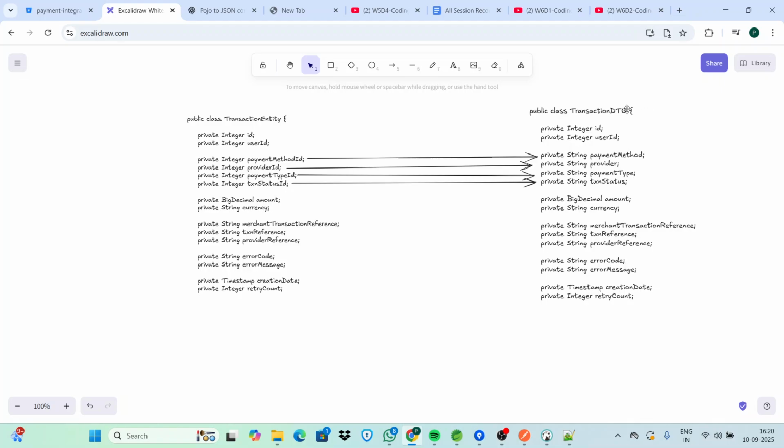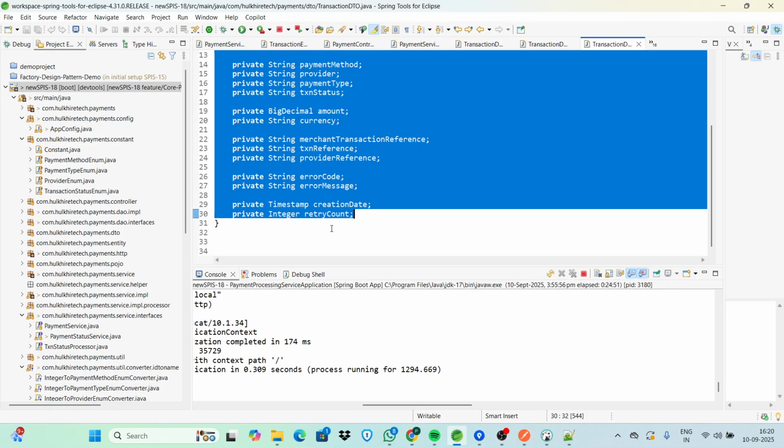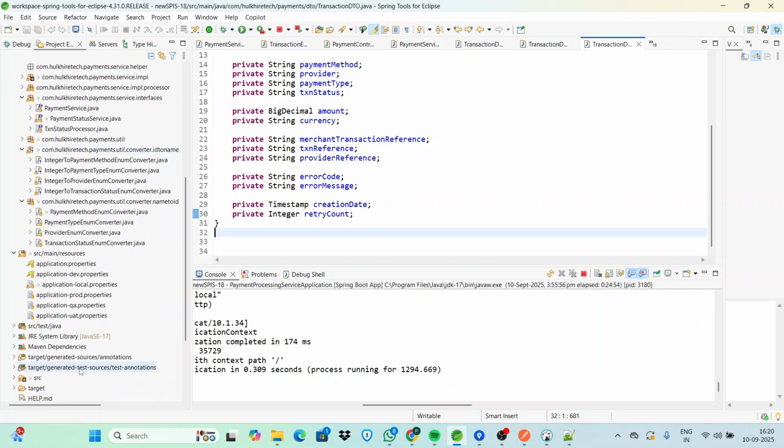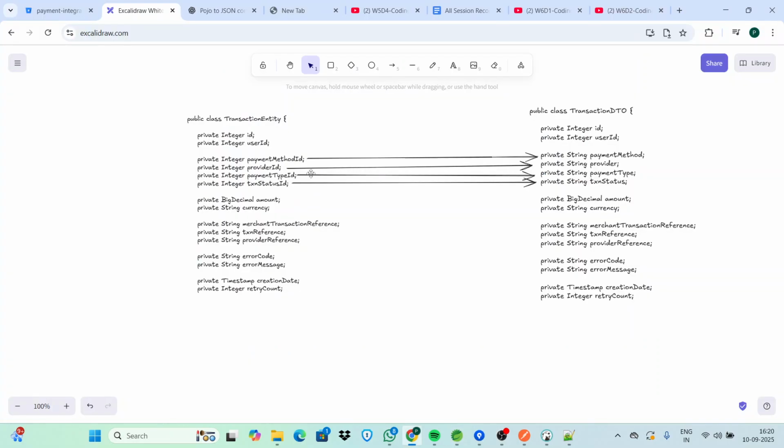We needed to map the transaction DTO to the transaction entity. So we have mapped it, we have added the converters for that, but now we want this entity to DTO transaction. We have to convert this transaction entity's fields to the DTO. So for this I have added ID to name, because see here,